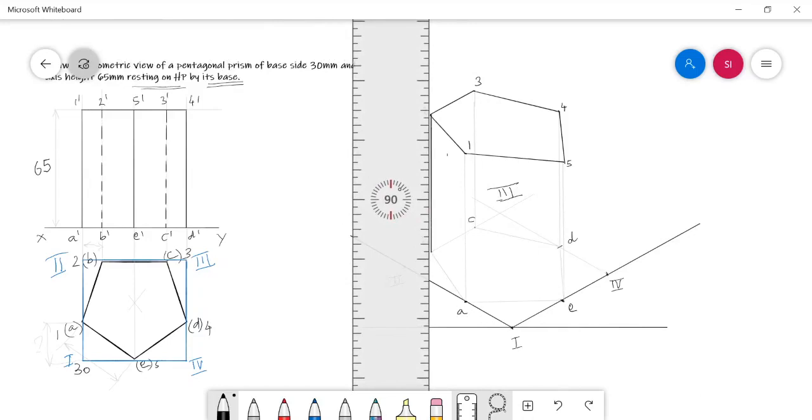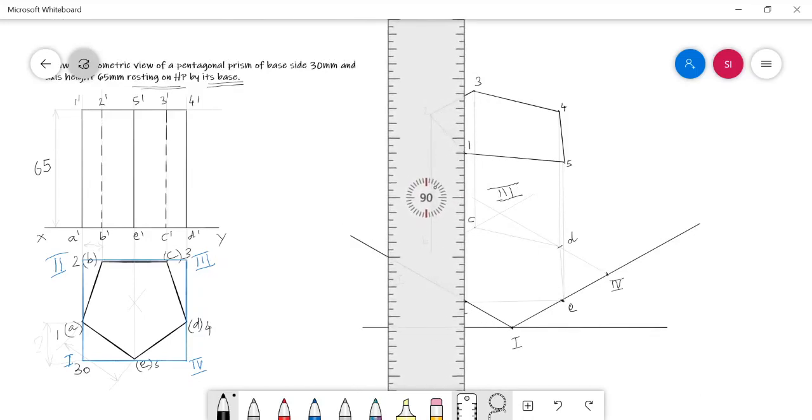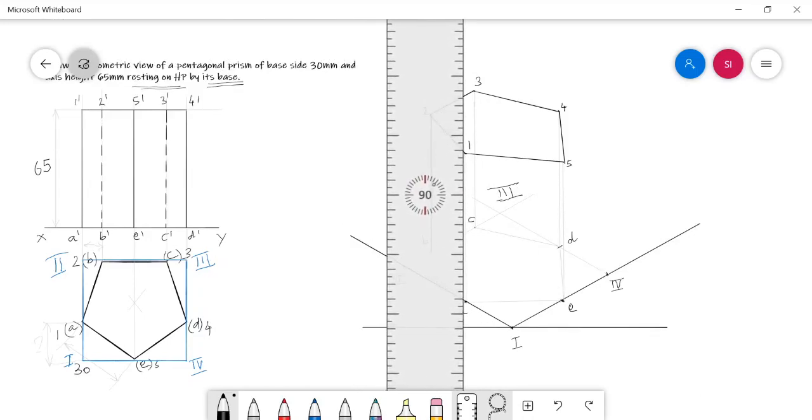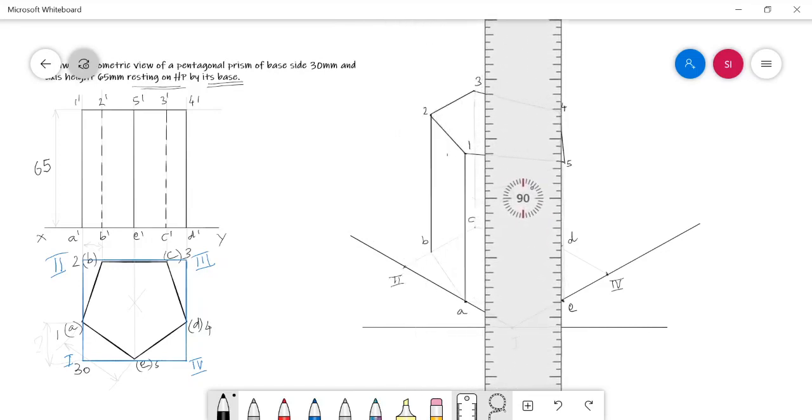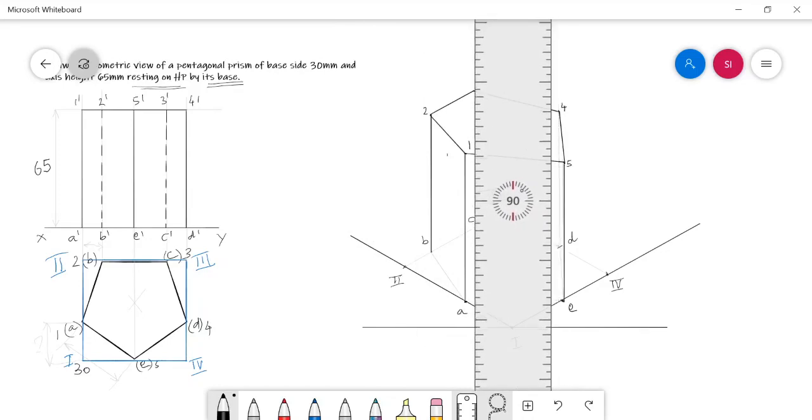And not all the side edges are visible in this condition. So the edges which are faced in front of us are the visible edges.